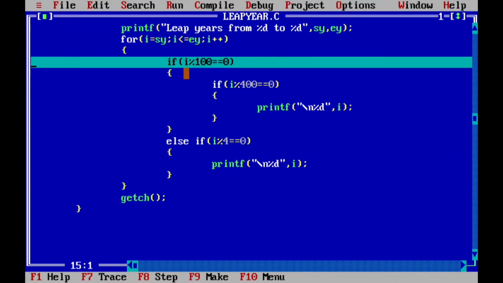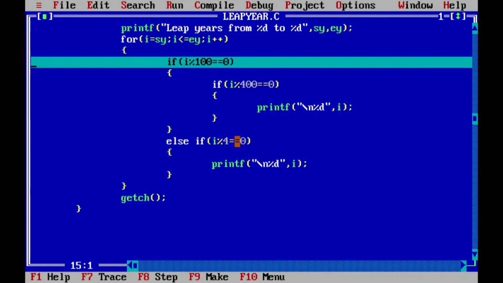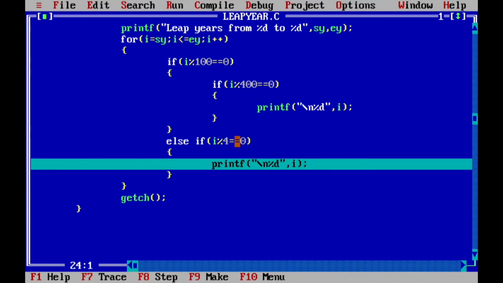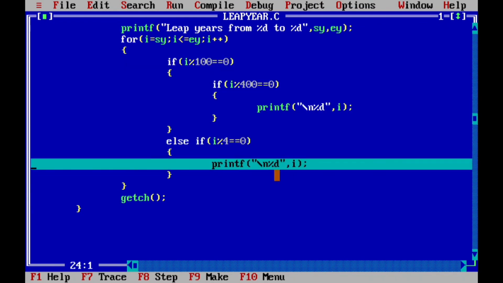So now the I value is 2002. Again this condition is false. Now again control comes to here. 2002 modulo 4 is also false. On the result screen it will not print that value. Again like that. Now see, control comes to here, for which one? 2004.